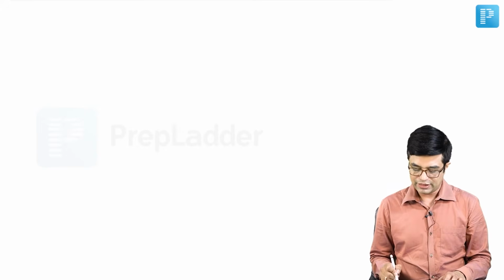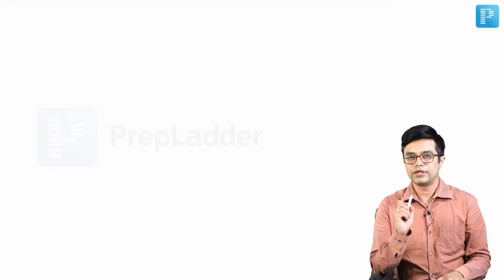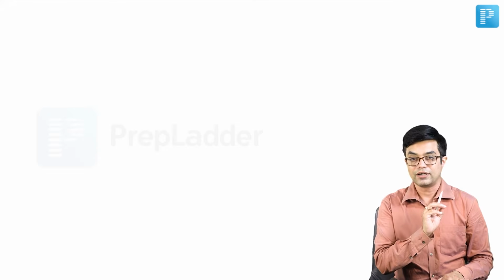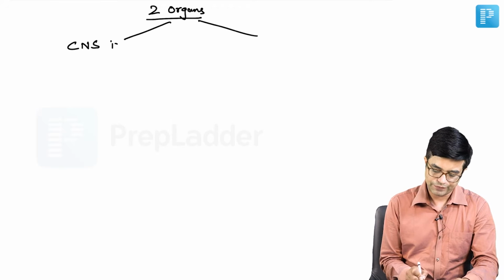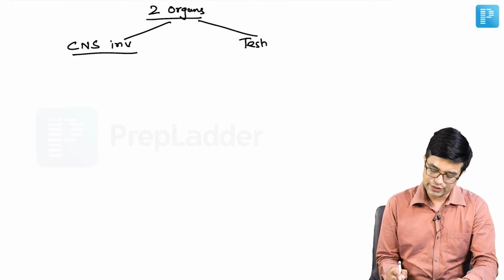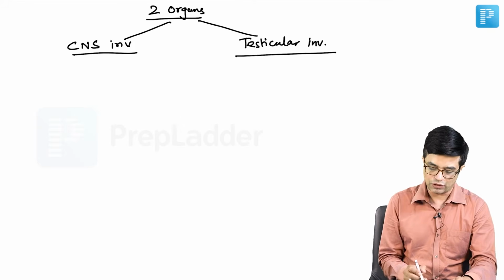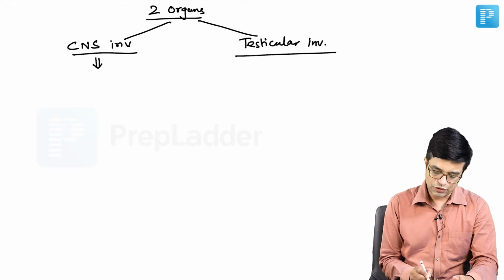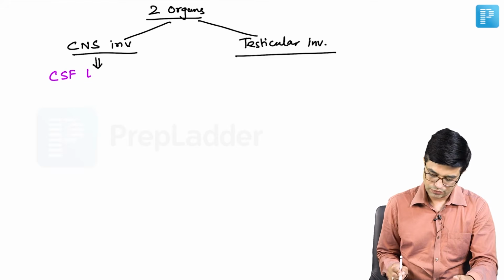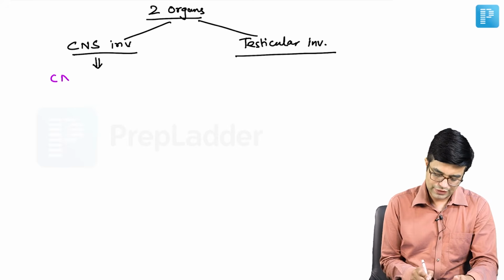In addition, in organ involvement, there are two organ systems which are particularly important in developing relapses in the patients once treatment is started. So there are two organ systems whose involvement is interesting. One is CNS involvement and second is testicular involvement in case of males. Ovarian involvement is very rare. Now when we talk about CNS involvement, if blast cells gain entry into the CSF, it can produce a state we call CNS leukemia.